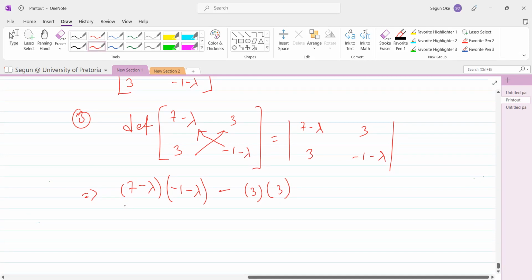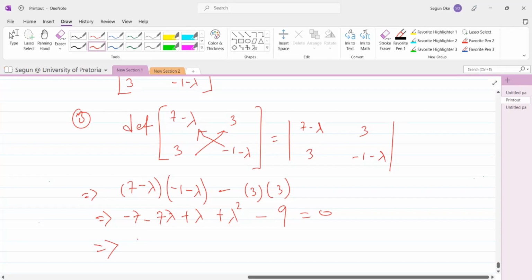So we're going to have, if you open the brackets, what are we going to have here? Minus 7 minus 7 lambda. So then we have plus lambda, then plus lambda squared, minus 9 equal to 0. Everything equals to 0 because we are looking for the lambda. So at the end of the day, if you do your mathematics very well, you are going to have